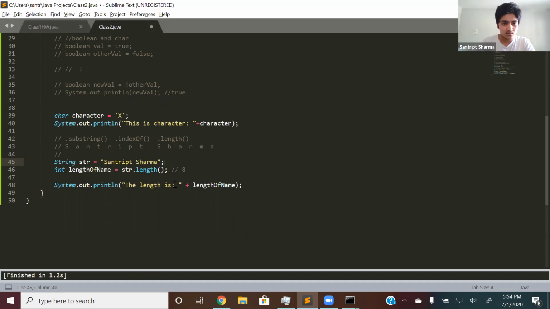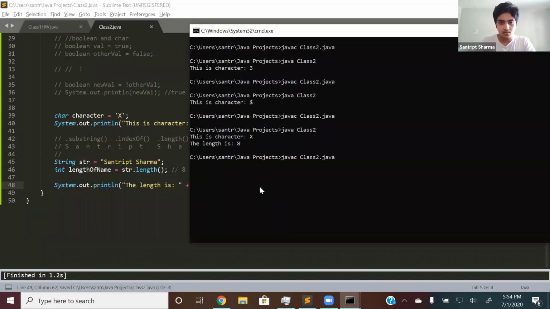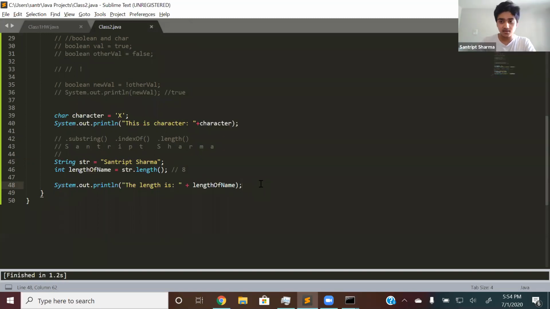So if I run this right now, it will print out, yeah, the length is 15, including the space, remember that. So that's .length. So now let's move on to